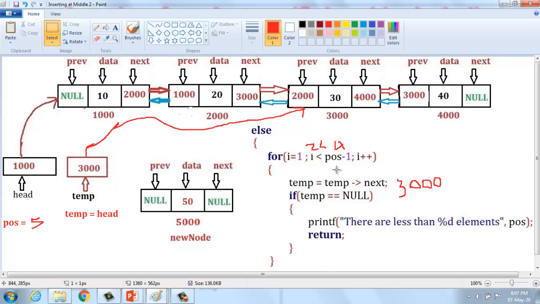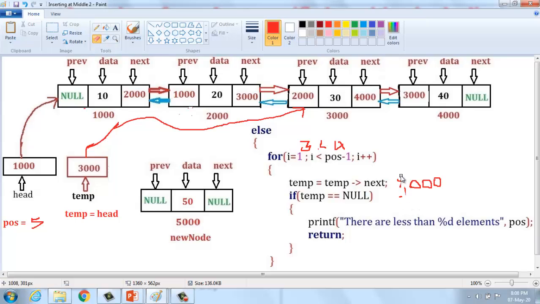Alright, the temporary pointer points to the third node in the given linked list, and after that i should be incremented by 1. That is, i is 2, incremented by 1 means 3. 3 less than 4. Condition true or false? Condition true. If condition true means temp equal temp of next. What is the value of temp? Temp is 3000. 3000 next is 4000.